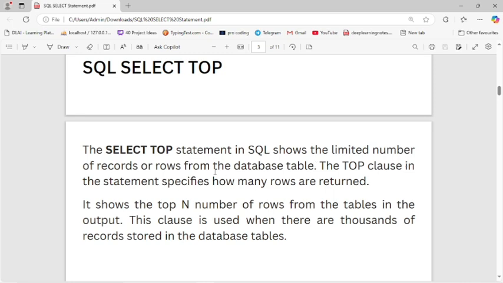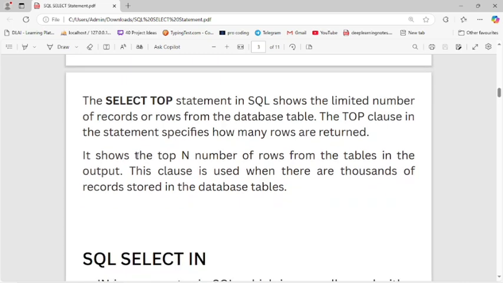The top clause in the statement specifies how many rows are returned. It shows the top n number of rows from the table in the output. This clause is used when there are thousands of records stored in the database table.